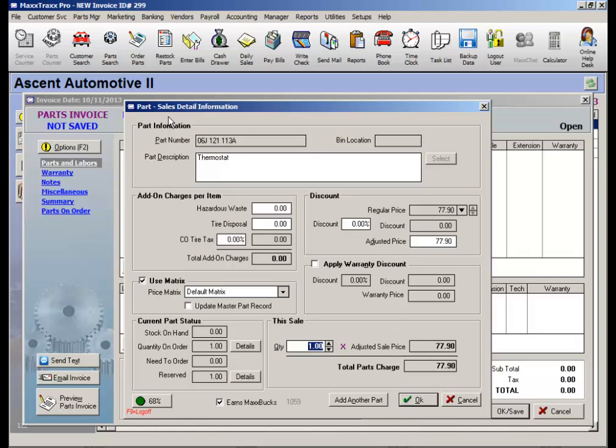This is the Part Sales Detail Information screen. We have a similar detail screen for labor and sublet labor. This screen lists the part number, description, which can be edited at the invoice level, add-on charges that can be added or adjusted, and here is where we set the discounts, sales discounts or warranty discounts, which are tracked separately